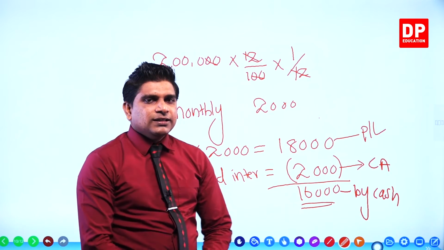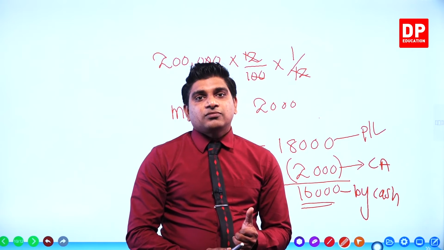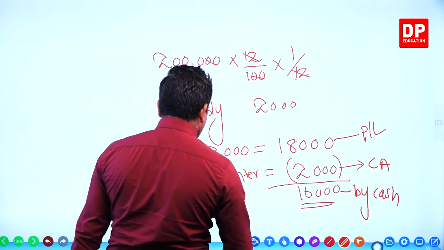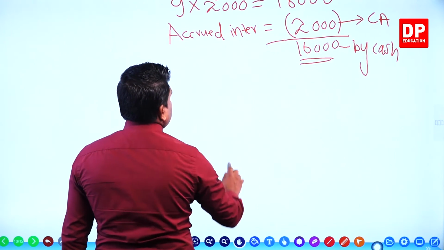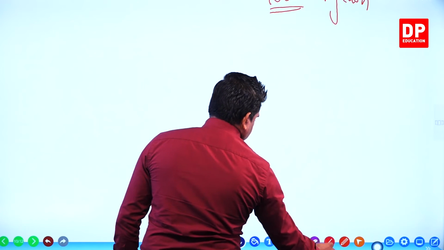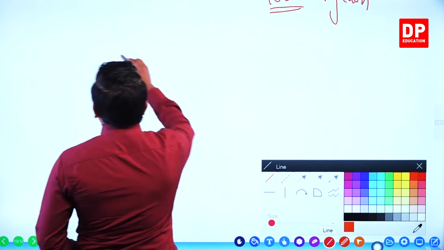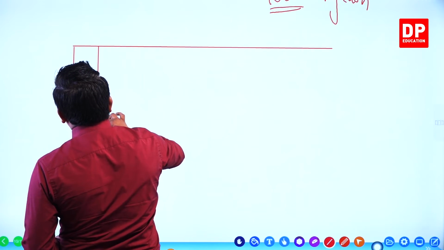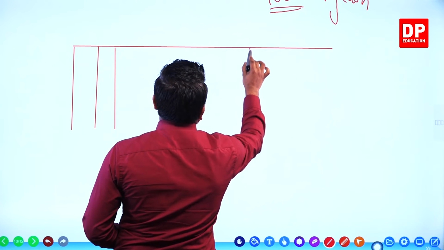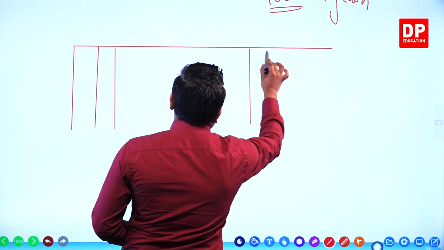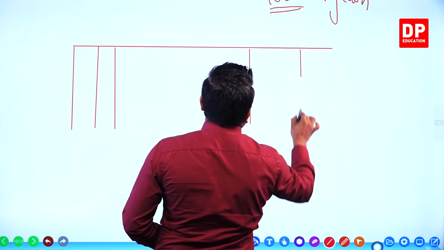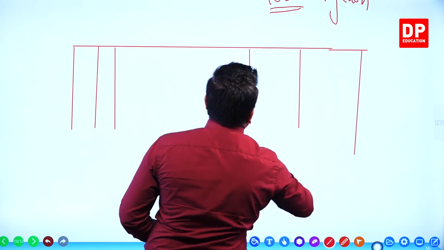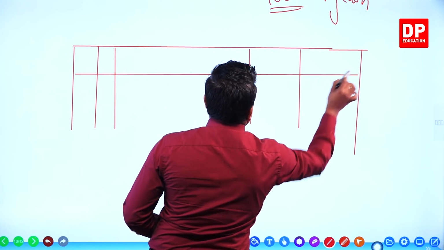Then we have to draw what? General journal, ledger accounts and financial statements, right? Profit and loss and statement of financial position. Hurry up. Now we draw. This is the general journal: date, journal voucher, description, ledger page if you want, but this is enough, right? Now it's okay. Next one,